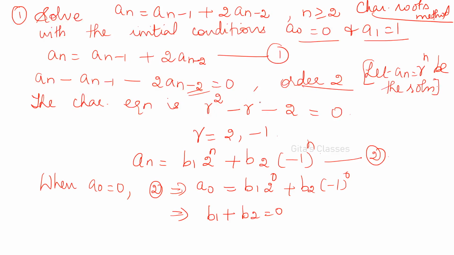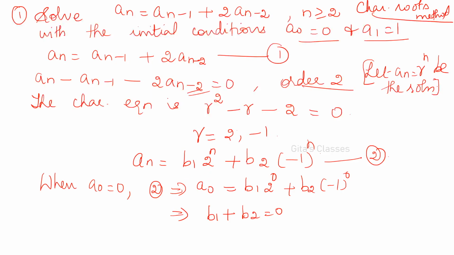That is r squared, r to the 1, r to the 0. R to the 0 is 1. Therefore, now solve, r is equal to 2 and minus 1. And a n is equal to b1 into whatever values you are getting, depending on the nature of the roots. I have explained how to write that. If it is repeated, it should be reflected only in the constants. So here both are real and distinct. Therefore, how many values you are getting, that many constants should be written in the answer.